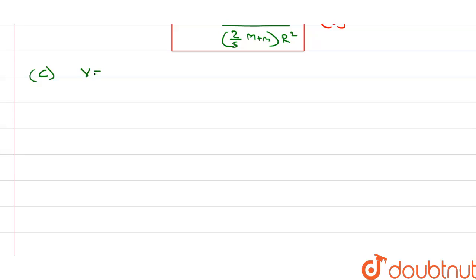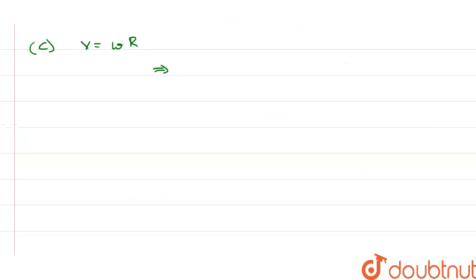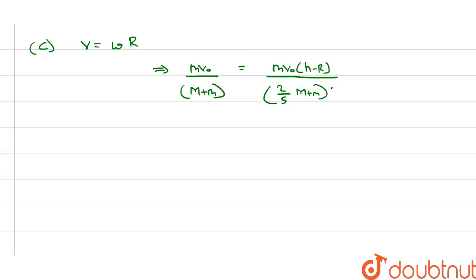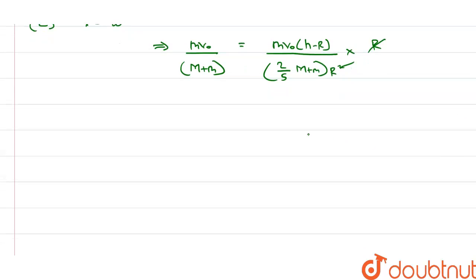So in case of pure rolling, the velocity of center of mass is equal to the angular velocity omega into the radius capital R. This implies putting the value of v that we calculated in the A part, we get m into v0 upon capital M plus small m is equal to omega, which we found out to be m into v0 into h minus R divided by 2 by 5 capital M plus small m into R square, into R. One R will be divided. So we get